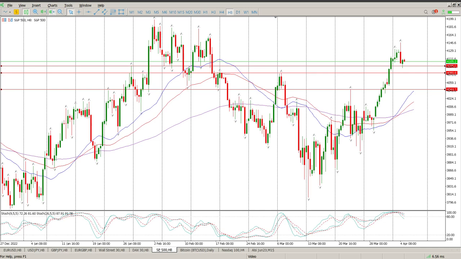Good morning, everybody, and this is your S&P 500 day trade setups for today. So we got a bit of rejection off the top, which was as expected. We were looking for an area to buy off, and the most logical area on the 8-hour is this